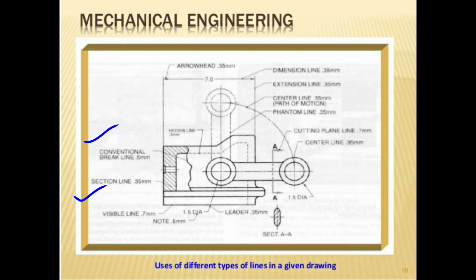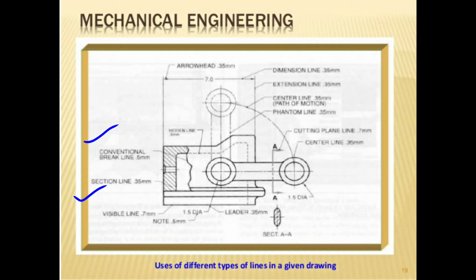What is a section line? The section line shows that the object is being cut by a machine or any cutting tool, and then the section is made like that. For example, if we are cutting a salad at home with a knife, after cutting the section from the main object, we see horizontal and inclined lines made by the cutting knife edge. That shows that the object is being cut. Hence the section line shows the same thing, that the object is being cut, and we are going to see what the inside of the object looks like.